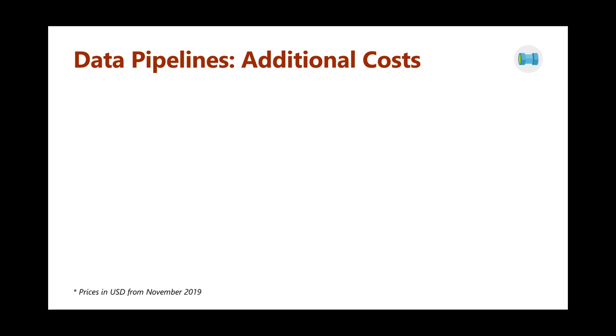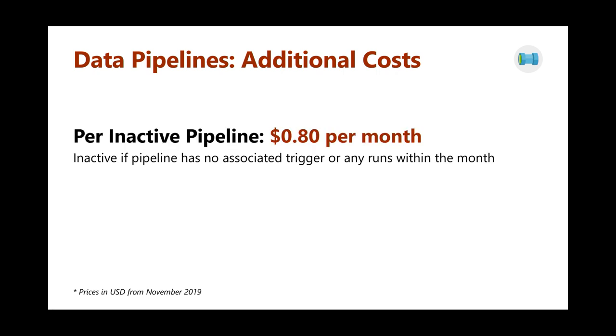And then there are a few things under additional cost when you're working with data pipelines. One thing is the orchestration and execution itself. There are also a few more things. If you have inactive pipelines, there is a little cost associated with that. And this might be my favorite pricing feature of Azure Data Factory because that means you have to keep your solutions tidy. So I get to go and tell my developers, if you don't use this anymore, clean it up, get rid of it, and delete it, because otherwise it's going to cost us a little bit of money. So my favorite feature in there, again, it's not a significant cost. It's not going to add up until you have hundreds of pipelines that you don't use,